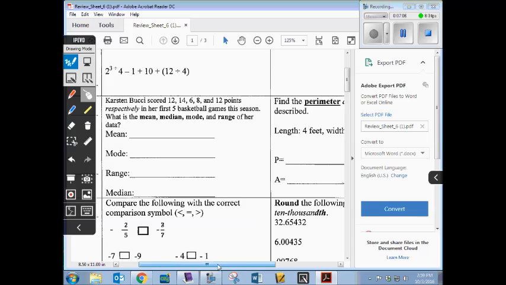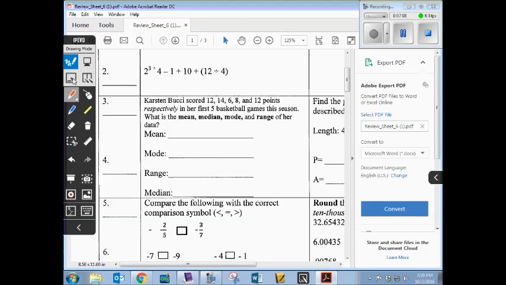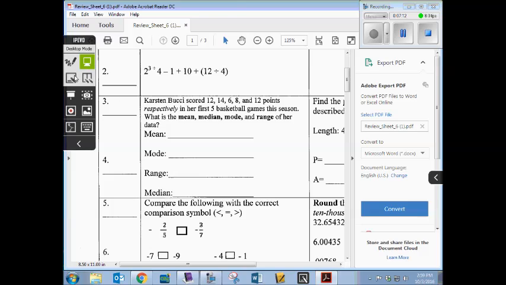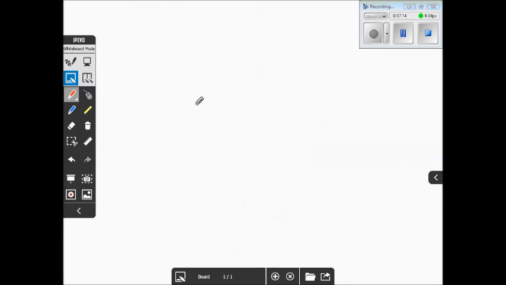Okay, I'll make one up here for this too. Mean, median, mode, and range. I'll just make a problem up that's very similar. Okay, so let's say that I scored 10 points, 12 points, 15 points, 3 points, and